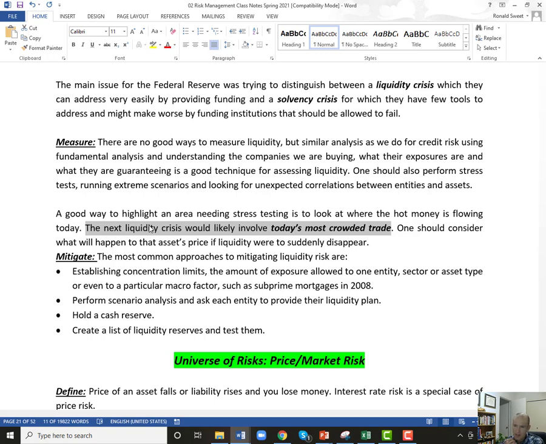Could that be a stress test? We usually don't think of governments as being illiquid, but we've never seen that much government debt out there. So that's why it's so hard to predict, because the next crisis is going to be probably what people are doing today in the herd mentality of everybody buying. I want to buy it, I'll borrow money to buy it.